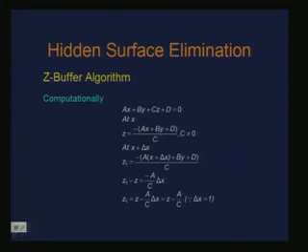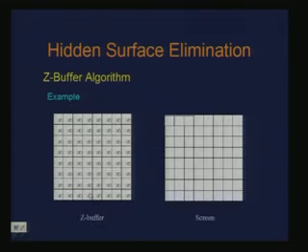Is it okay? Okay, so now to take an example, just to elaborate further, let's say I consider a buffer of the size 8 by 8, and I assign the maximum depth of infinity, some big value, to this Z buffer. Correspondingly, I have a screen or the display or the frame buffer which I am going to use for color, which is, let us say, white color. So, this is the initialization of my Z buffer algorithm.